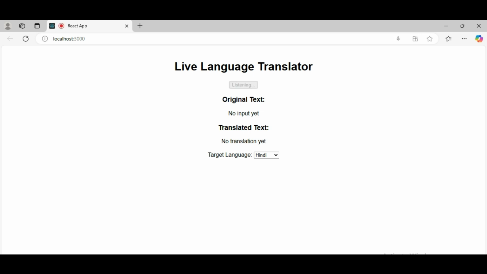In this video we'll see the live demonstration of live language translation. So if you see, it converted into the text format. In this video we'll see the live demonstration of language translation, and it will automatically translate the text into